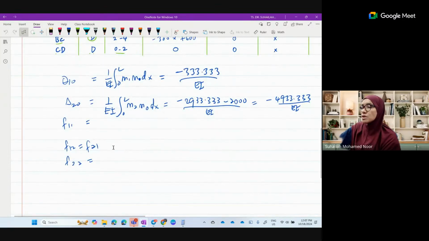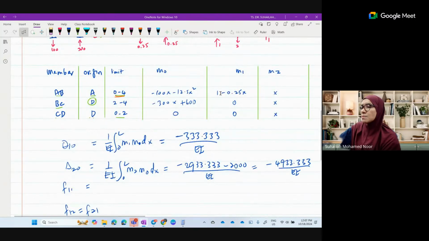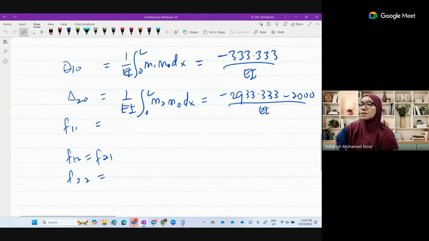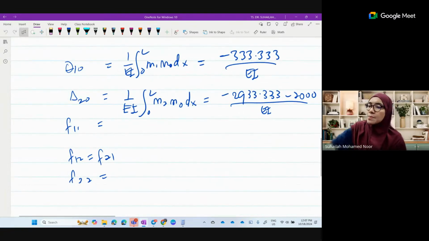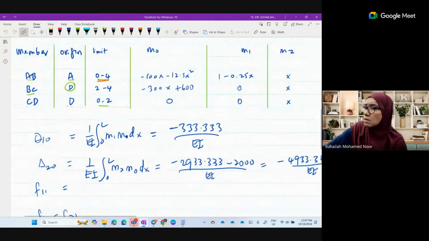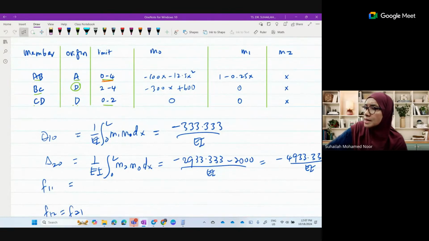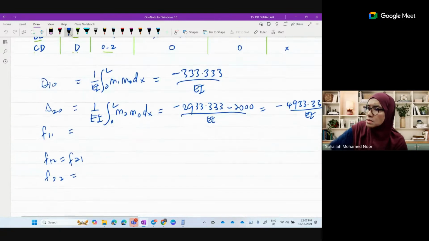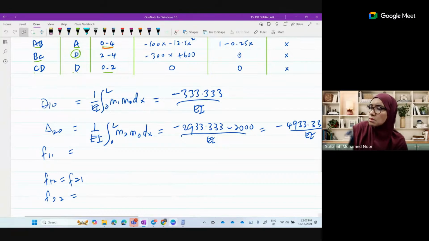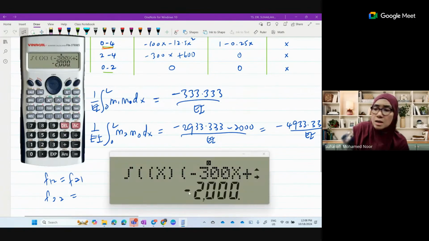Okay, apa nilai untuk F11? 1 minus 0.25x square, 0 to 4. What is the answer? Apa nilai kat sini? 0 ya? Yang ni dapat 0 ke? F11 dapat apa? Memang 0